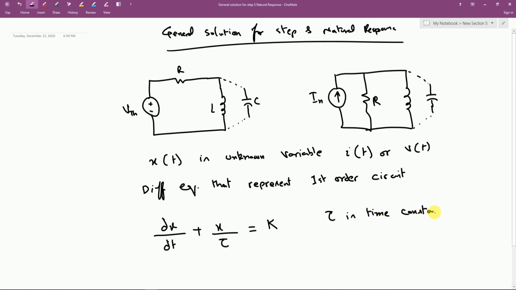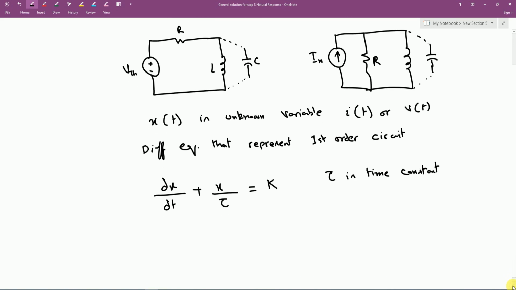of the given circuit. So if we have an RL circuit, then the time constant is L over R, and if we have a circuit containing the capacitor and the resistance, then the time constant shall be RC. Also notice here that we are studying these first order circuits with the sources which are DC in nature. Therefore, this x shall have a value which is constant. This means that if this x is a constant value, then at the steady state condition, or when the circuit elapses the 5-time constant, then dx over dt should be equal to 0 at that particular instant.